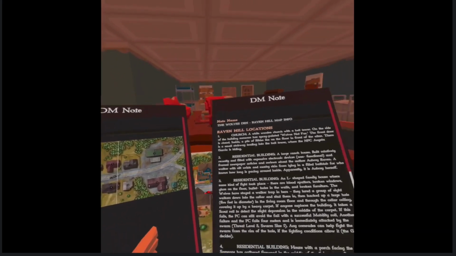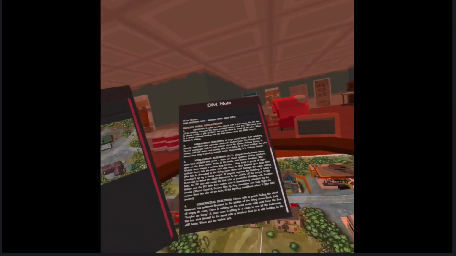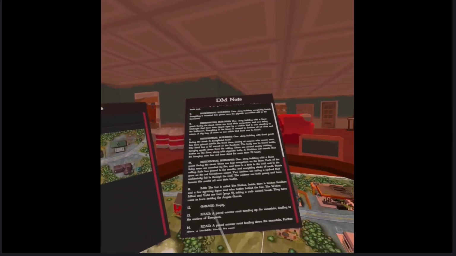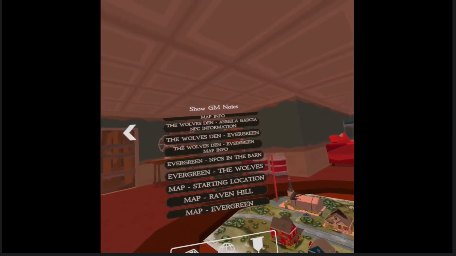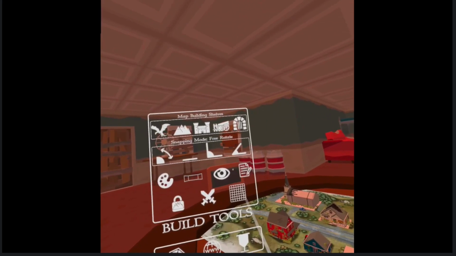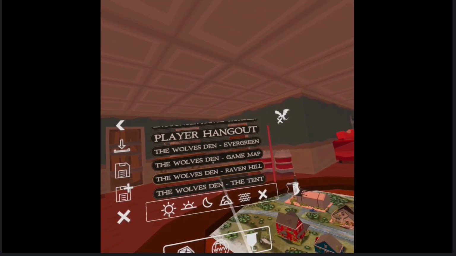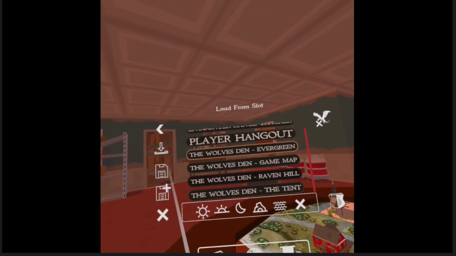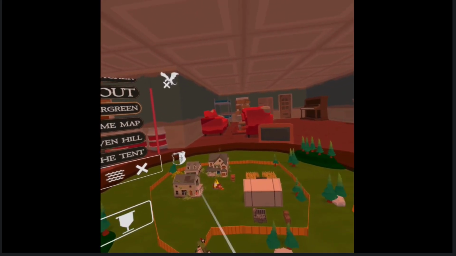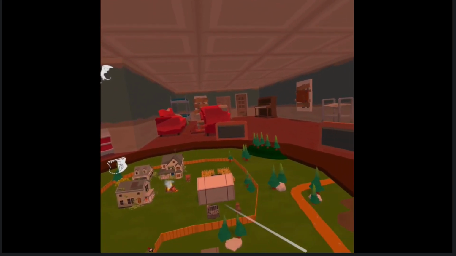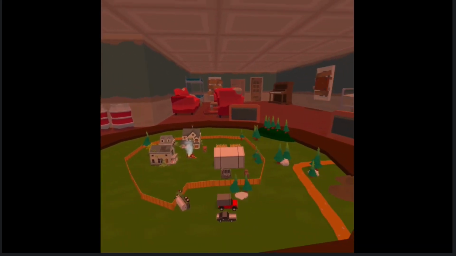So if they go to the bar, I know the bar is building 11. It's located right here. And then I come to 11 and then I can read out the bar stuff. Once they're done with this, I can go to the next location. As you can see, it was underneath and then I just built on top of it. But I like the animated assets that they have. So if I wanted to see